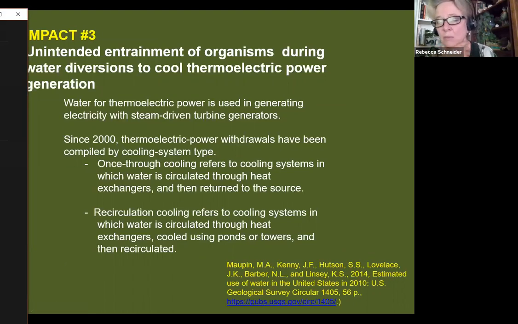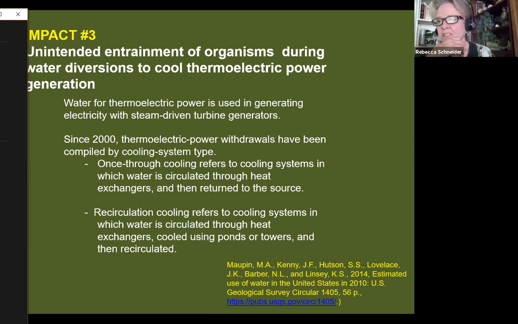Up to now, most of the time we think about fish going upstream, but the reality is a lot of things float downstream. Tiny baby fish, fish eggs, those invertebrates we talked about, float down in what is called passive dispersal or drift. And unfortunately, they are vulnerable to whatever happens to the stream. And in the case of thermoelectric power, incredible quantities of them are sucked into giant propellers and put through a thermoelectric plant where they are used to cool down the water.